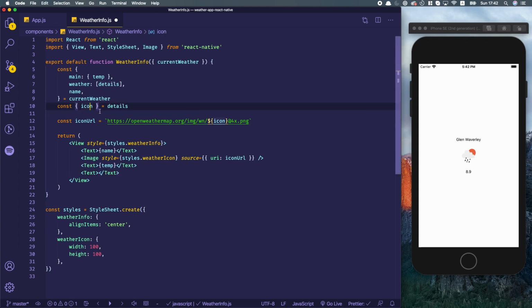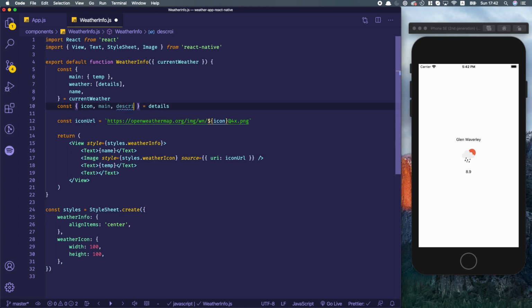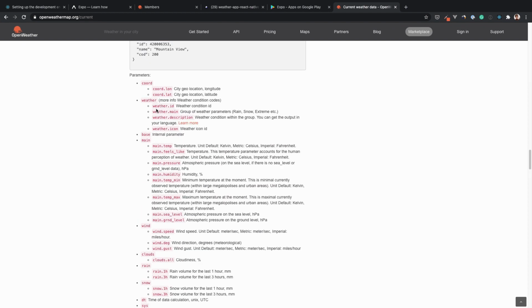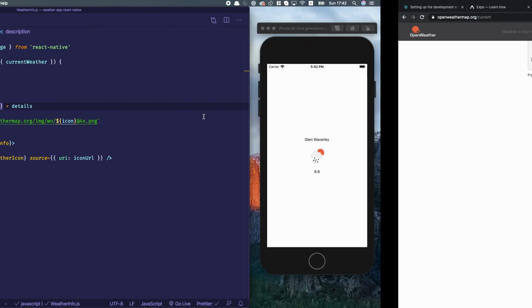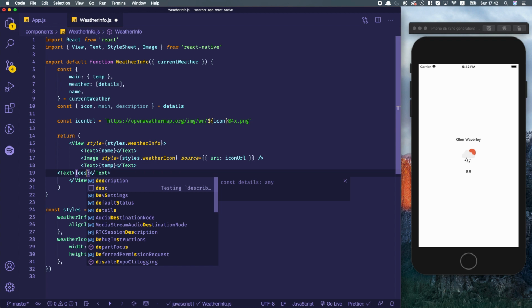As you remember, we have the main property from here, and we have the description. So we have the main property, the group of weather parameters that says what's actually the weather, and we have the description. So this is what we want to display, and we can display first the description,